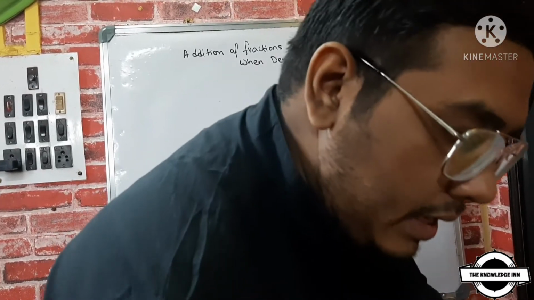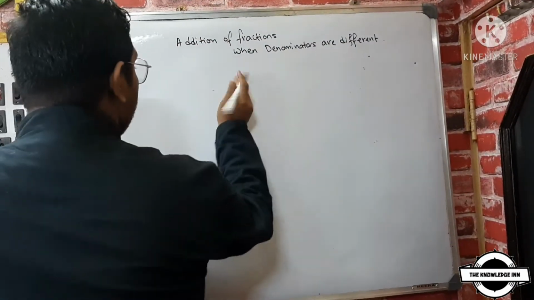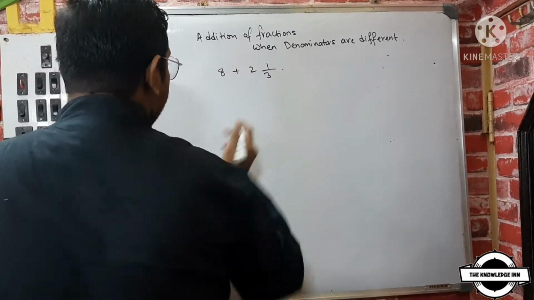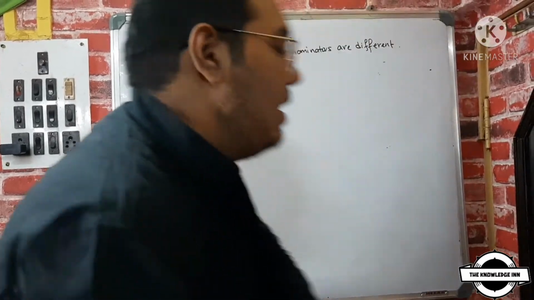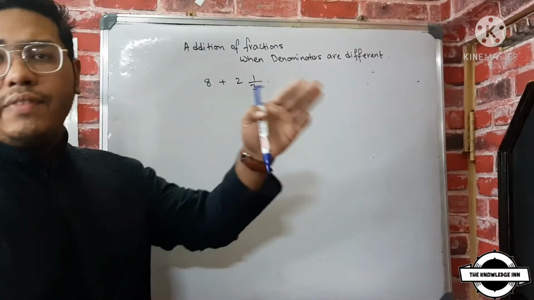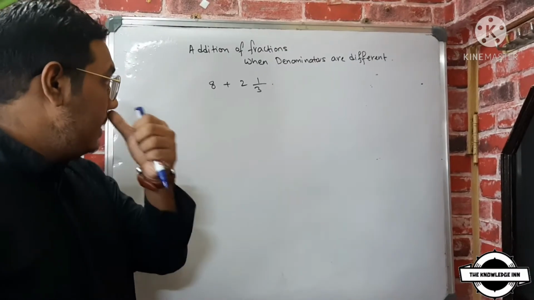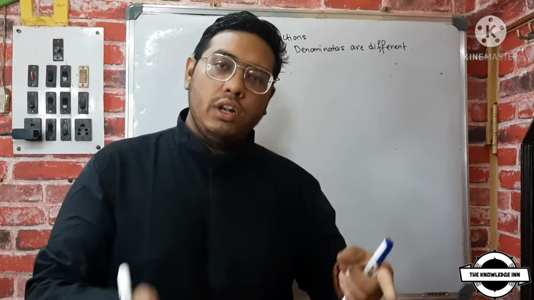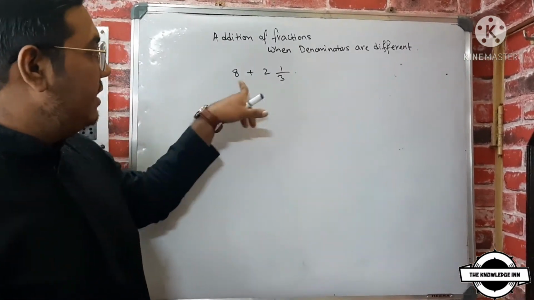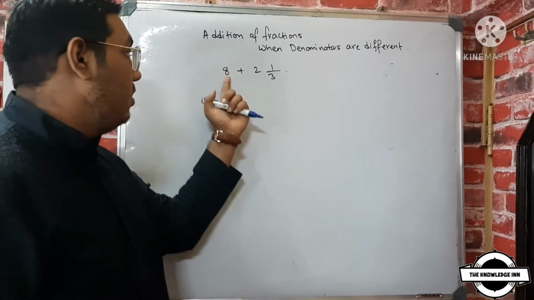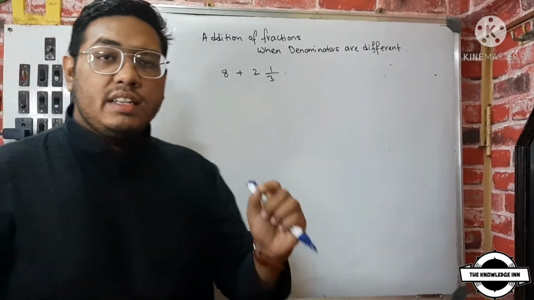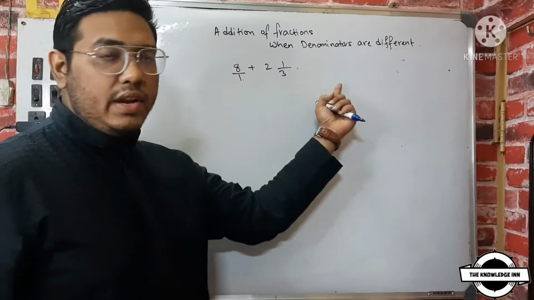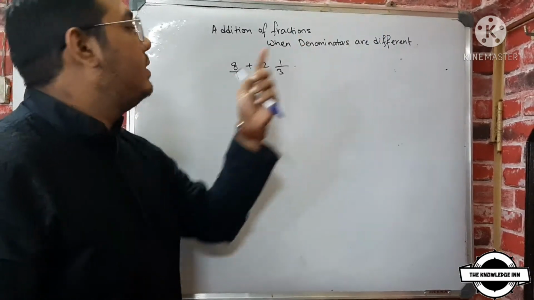So my second problem for today will be like this: 8 plus 2 whole number 1 by 3. See, I will not rush the things. Okay, now I'll go as slow as possible. Now this is the second variation, the type of sum which you may get. See, the 8 is a single digit. Now your child will surely get confused that this thing is a mixed fraction and this thing is without a fraction. That means there is no denominator. So you have to make your child understand these things very carefully, that this can be over 1. Because if this is in fraction, we have to make this also a fraction. So now this is a fraction.